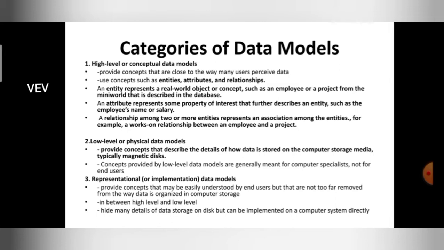First I will take up the high level or conceptual data model. This high level or conceptual data model is going to give the details of the data in the form of the entity relationship model. In the coming videos I will explain what the entity relationship model is, don't worry. So far you should understand that high level data models only contain architecture related information, that is, diagrammatic information. For example, entity, attribute and relationship.